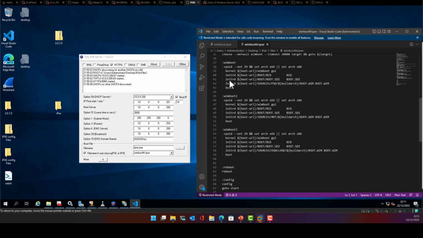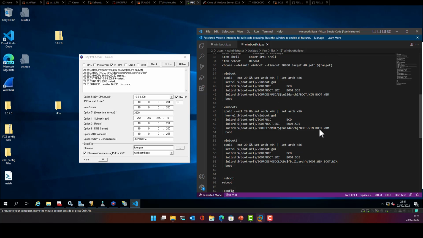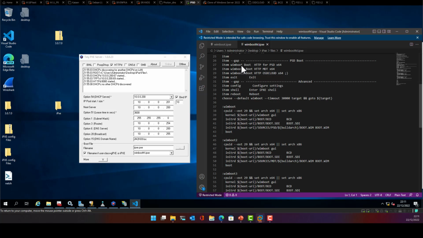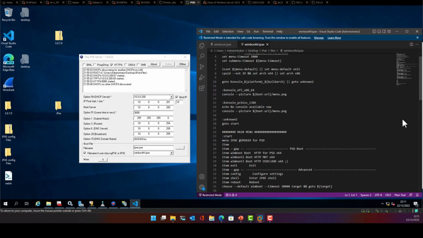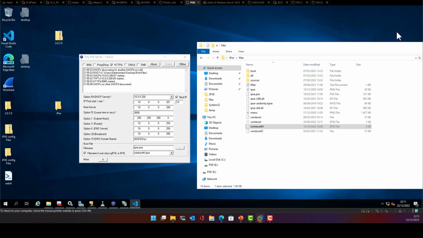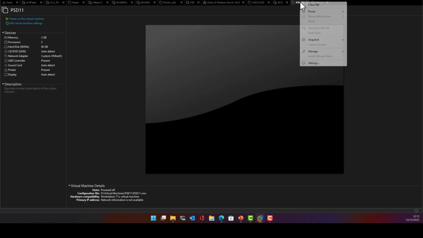Here I have 3 Wimboot entries. Wimboot HTTP for PSD, MDT. Oh, OSD Cloud. Yes, it's working too. And here all the things. By default, the boot menu is enabled. If I enable my VM,